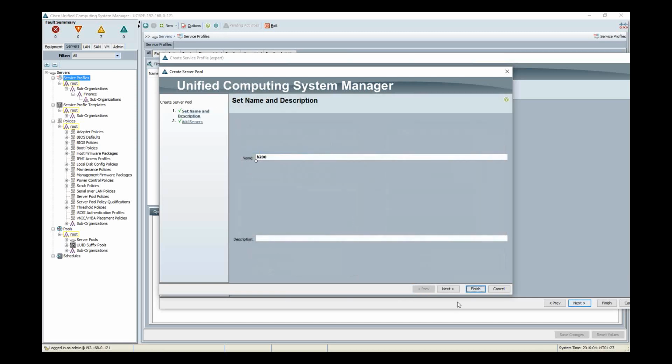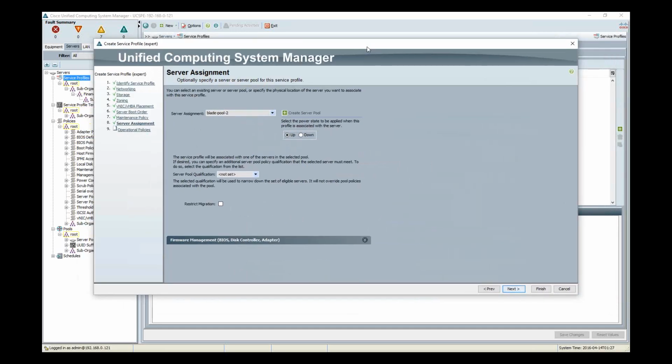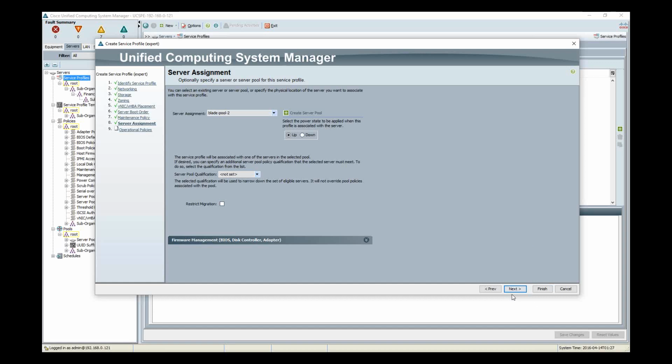virtual interface cards. You might only use the cheap non-virtual interface cards for standalone servers. Anything with a virtual interface card shouldn't be used for that. So stuff like that. Then all you do is choose blade pool, and it will choose whatever the next blade is available in that pool, or even if there's no blades available, when you put in a new blade and acknowledge it and UCS sees that the blade matches those qualifications, the service profile will then apply to that